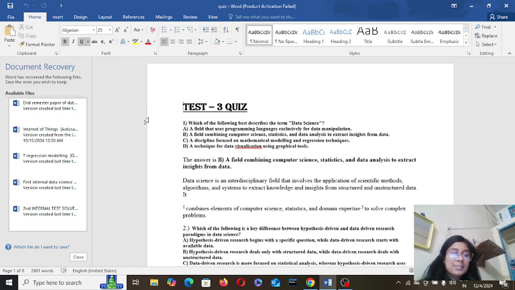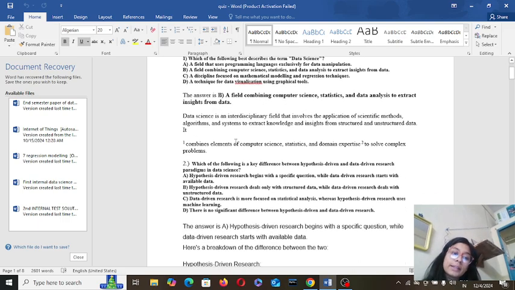So, data science is an interdisciplinary field that involves application of scientific methods, algorithms, and systems to extract knowledge and insights from structured and unstructured data. That's why we choose option B. Then second is